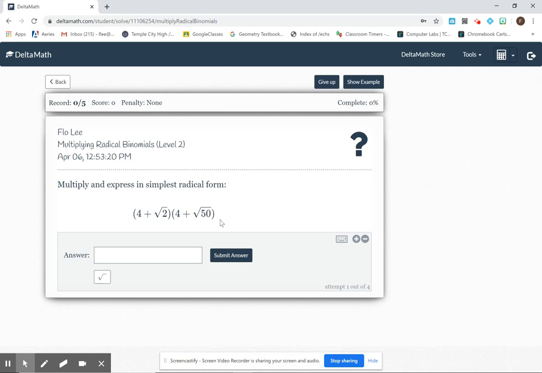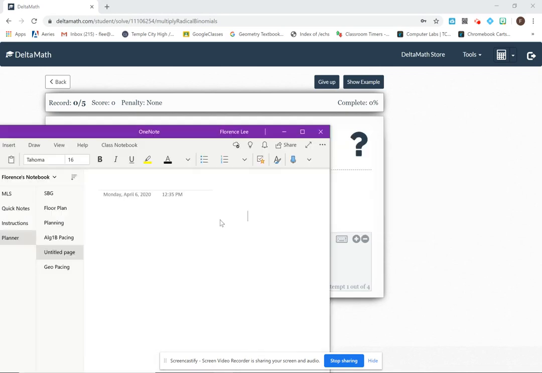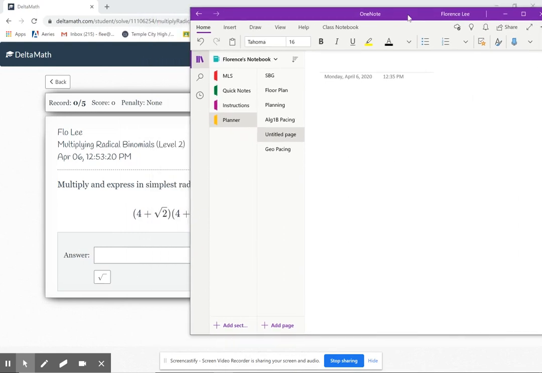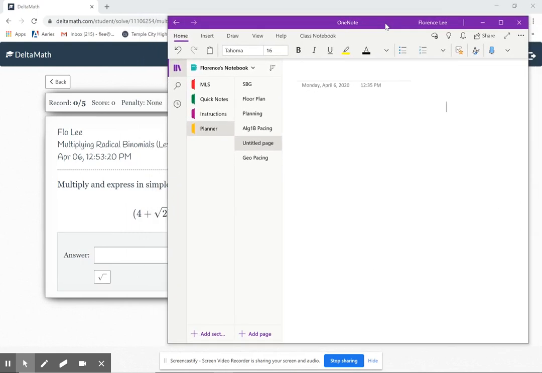Now, you guys must show work on a separate piece of paper. So grab some paper and pencil and work on this problem. I will be asking you guys to write down your steps and submit them to me by taking a picture of it and uploading it into Google Classroom, like we did the other couple weeks ago. So these problems, have a piece of paper handy and be writing them down. For me, I have the luxury of doing this on my computer, right? That way I can show it to you too. But if you do not obviously have the tools that I have, take a piece of paper,